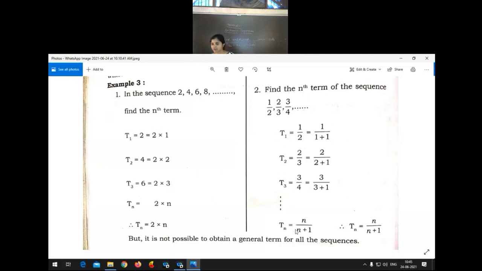So if I want to write the nth term of this sequence, the numerators 1, 2, 3 we are taking as the number of terms, n. In the denominator also the first term is n, then 1 is constant actually. So the general term of this sequence is Tn equal to n divided by n plus 1. If we want to find the 15th term, in place of n you have to write 15, then here 15 plus 1, that is 16, so 15 divided by 16. Fatafat you can give the answer.